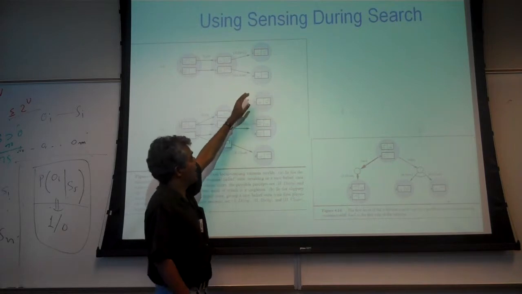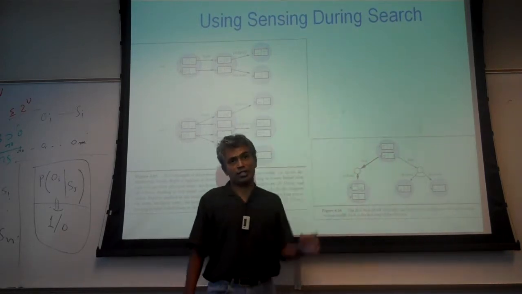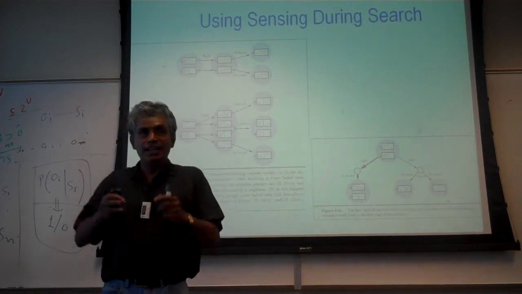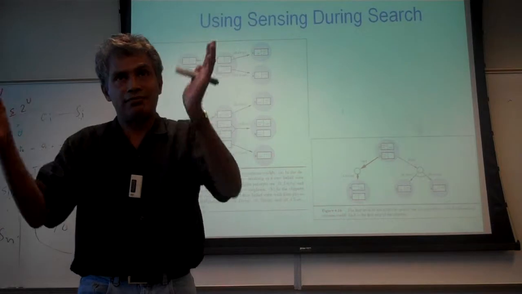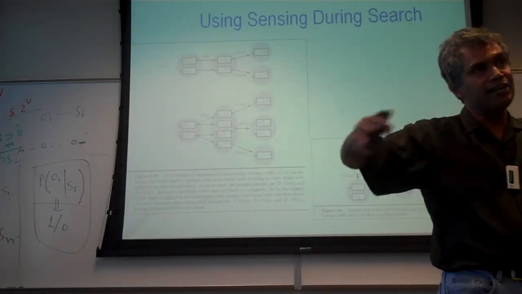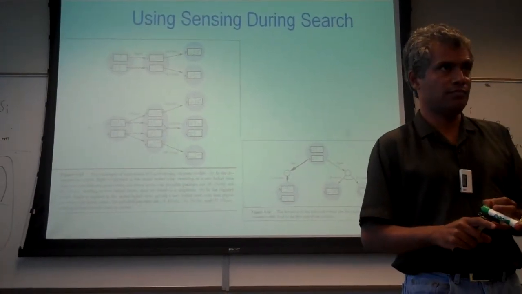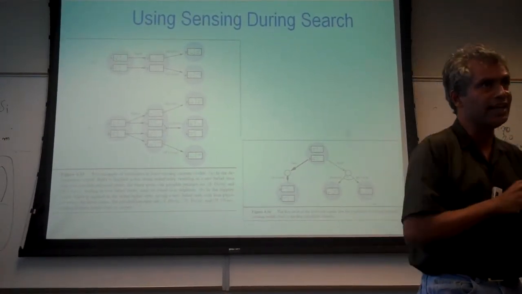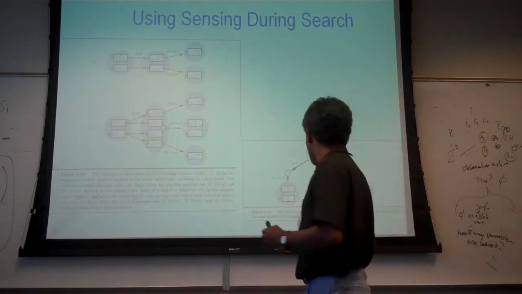You see what I'm saying? So now I have to take this to the goal state and take this also to the goal state. So in general, my plan now is no longer going to be a line plan, but it will be a tree plan. Every time there is a sensing action, I'll introduce a branch into my plan itself. Okay? So that's the interesting thing that happens because of conditional plans. Okay? And one other thing,